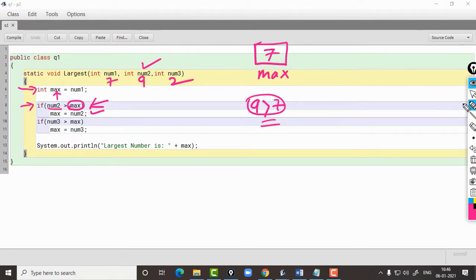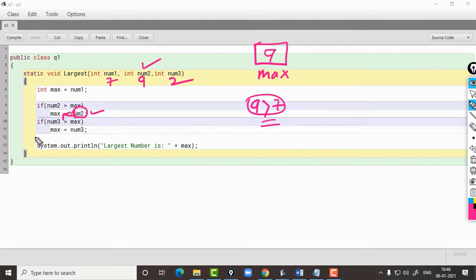We are replacing num1 by num2, so in max we have 9 right now, because the value of num2 is 9 and we are assigning num2 to max.